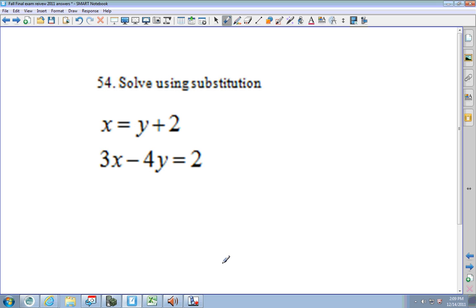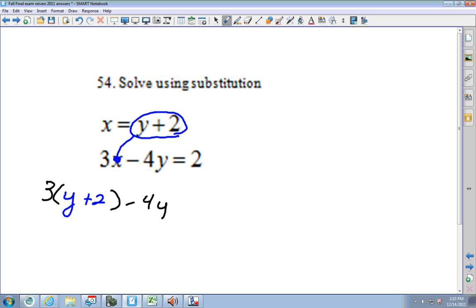My next one, solving by substitution. We look and see, is one of my equations written in x equals or y equals? Yes, it says x equals. So take what x equals, circle it, draw a line, let's put it in there for x. I have 3 times x. X goes away. What goes in there now? I have y plus 2